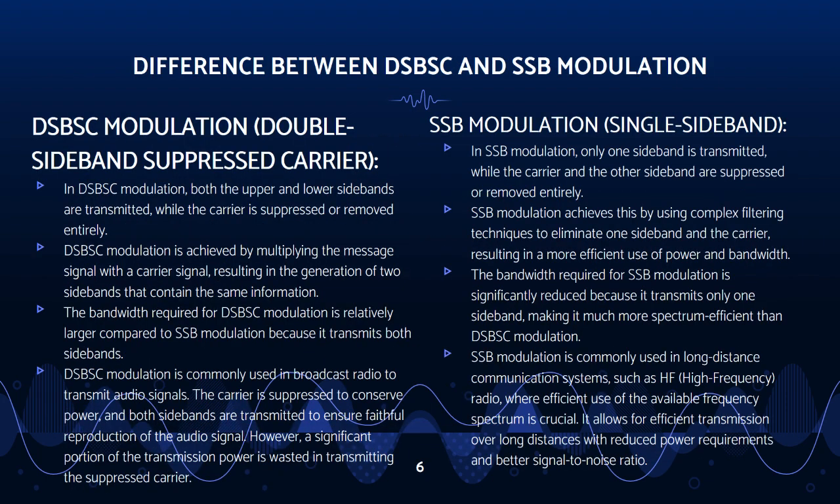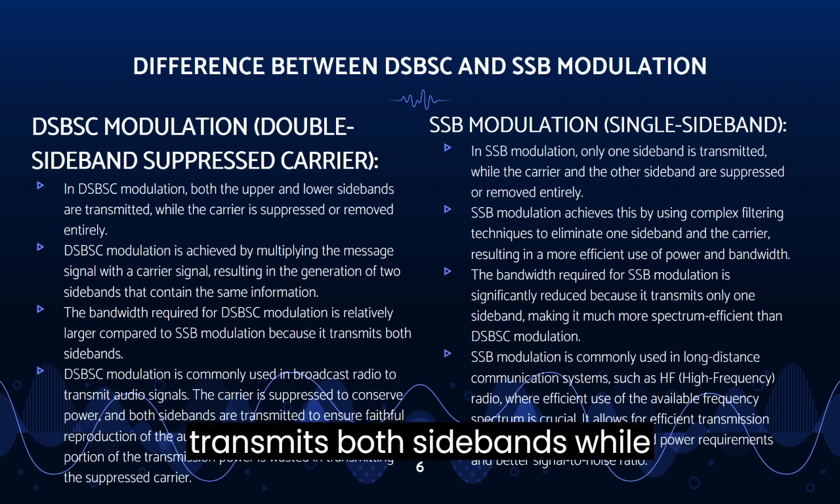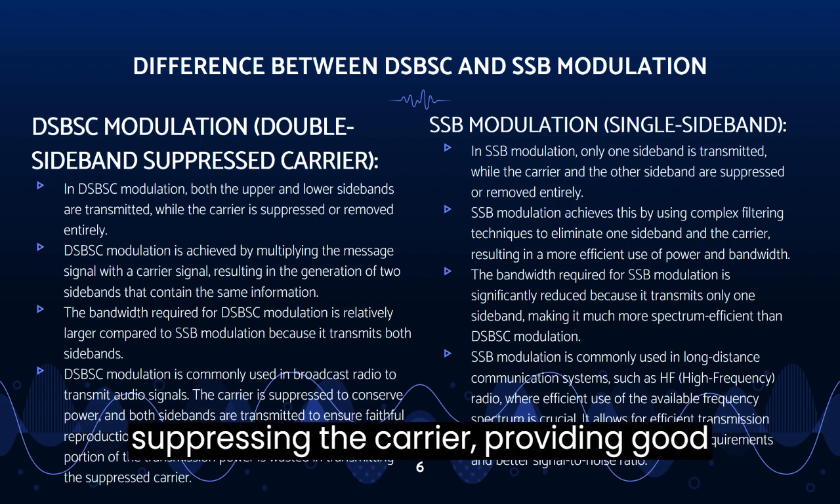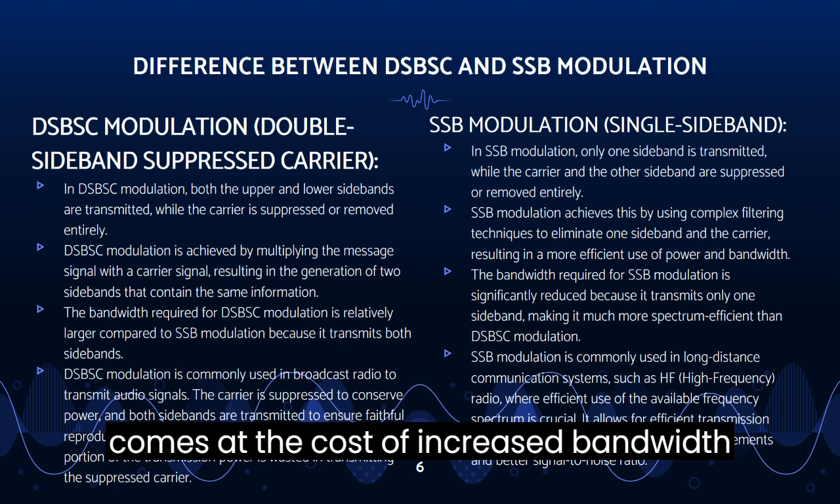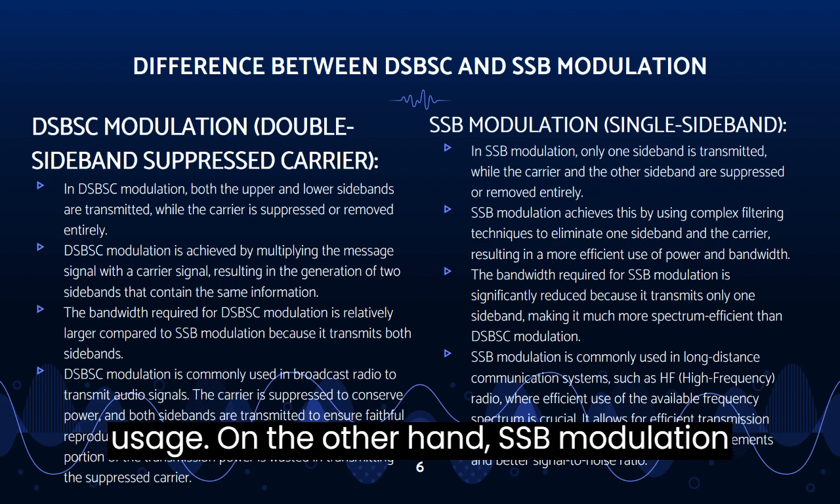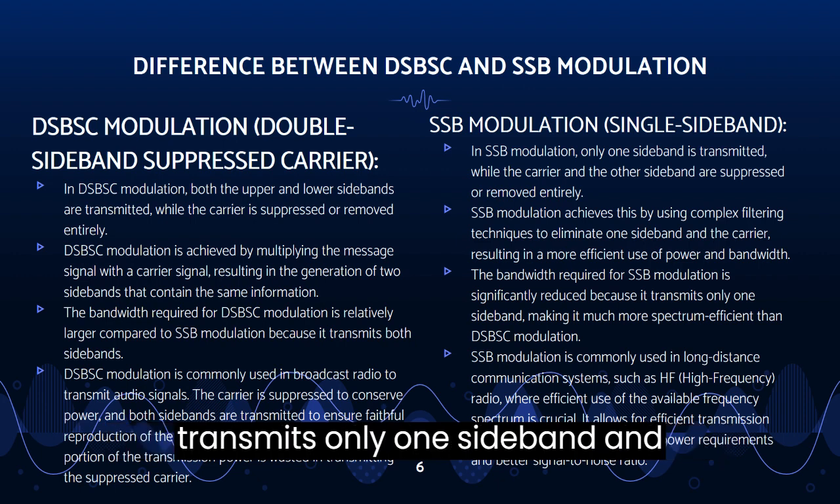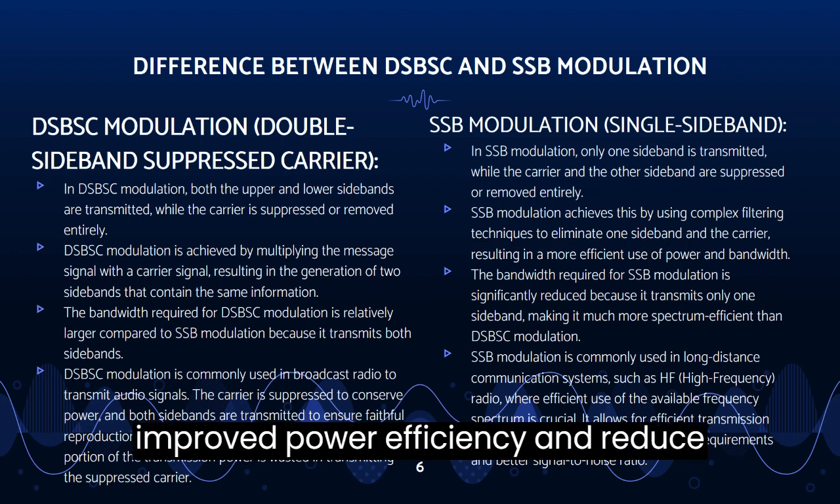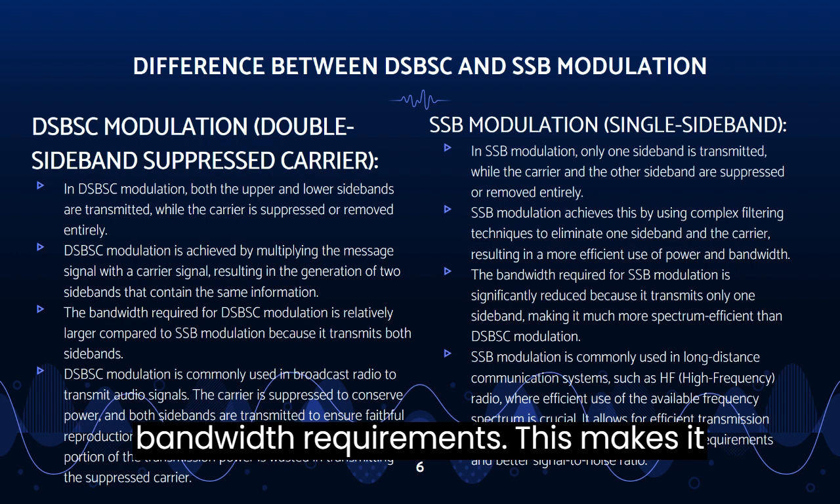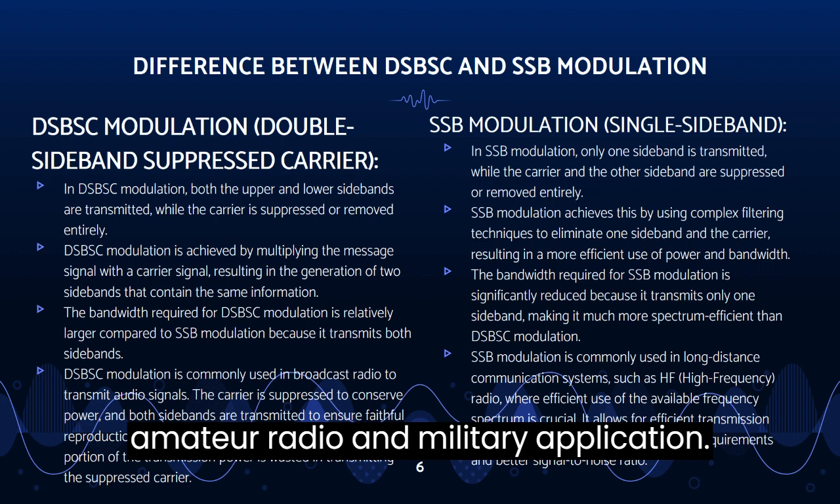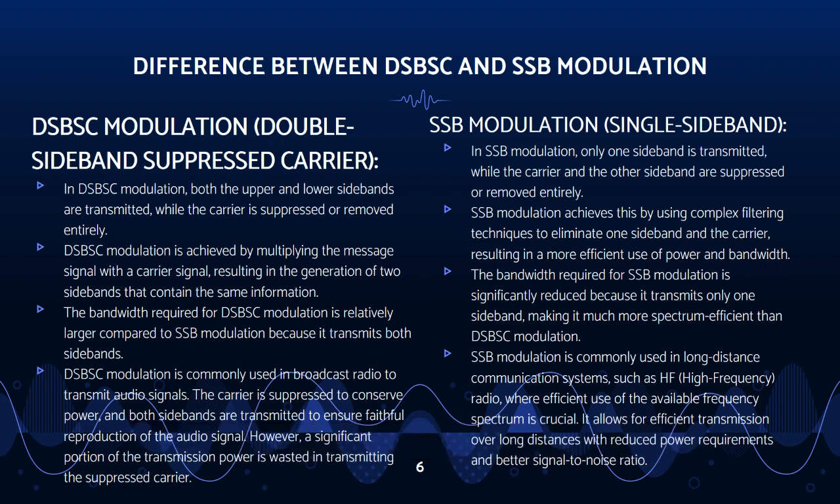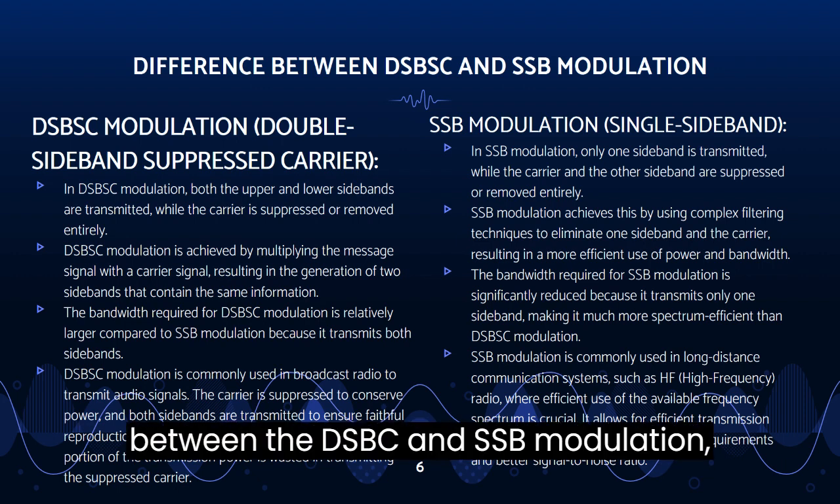In summary, DSBSC modulation transmits both sidebands while suppressing the carrier, providing good audio fidelity. However, it comes at the cost of increased bandwidth usage. On the other hand, SSB modulation transmits only one sideband and eliminates the carrier, resulting in improved power efficiency and reduced bandwidth requirements. This makes it suitable for long distance communication, amateur radio, and military applications. There you have it, the differences between DSBSC and